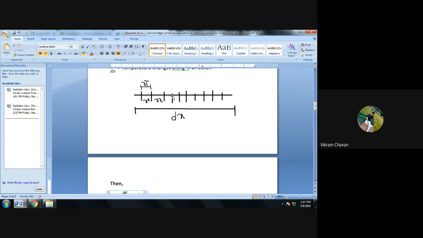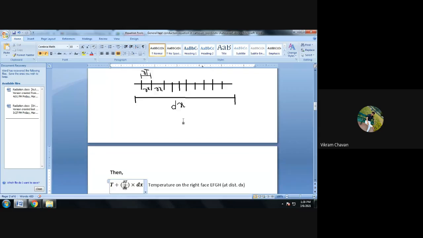Obviously, 1 multiply by 10. 1 degree Celsius per 1 centimeter it is changing. So for 10 centimeter, how much will it change? 1 multiply by 10. 1 degree Celsius per 1 centimeter multiply by 10 centimeter. That will be the total change in the temperature when it is traveled by the dx distance, or a 10 centimeter distance. For the understanding purpose, I am taking the 10 centimeter distance.